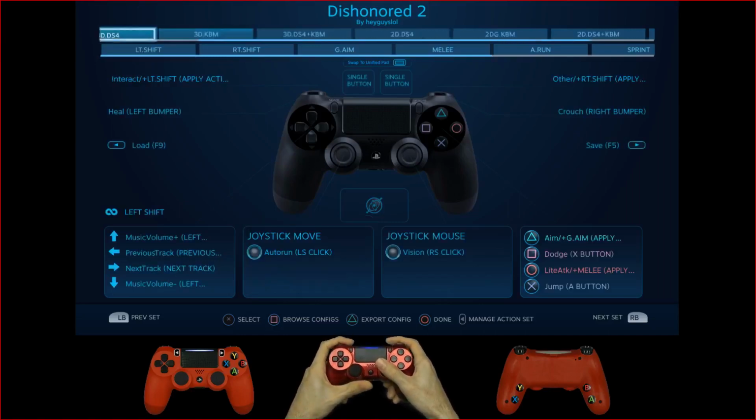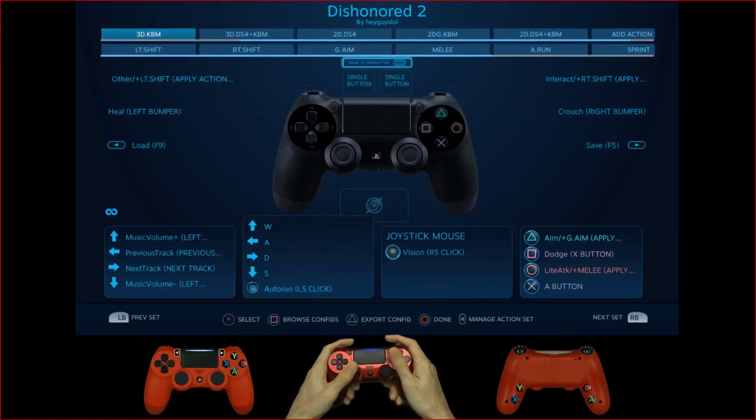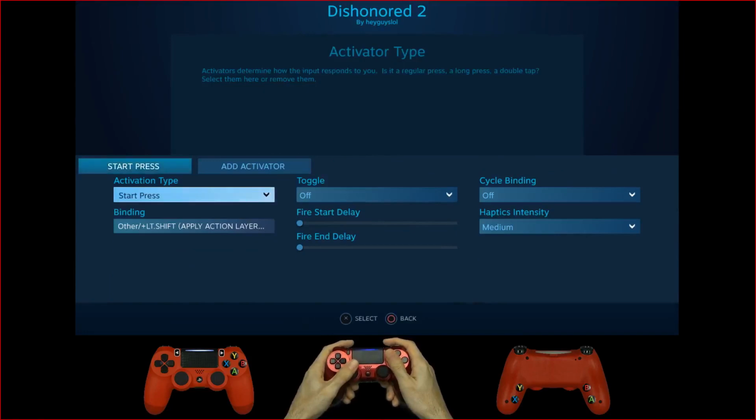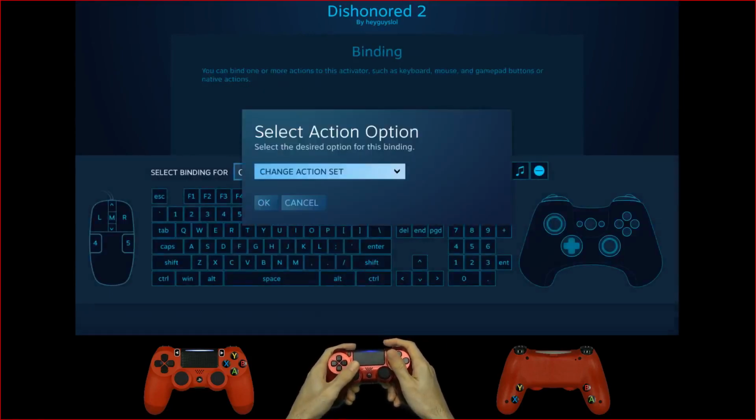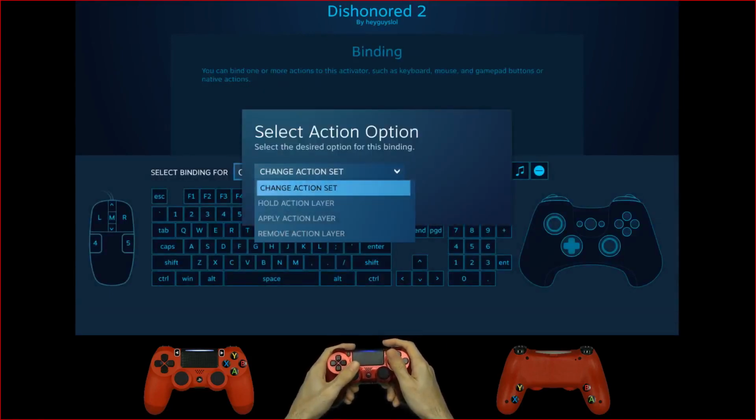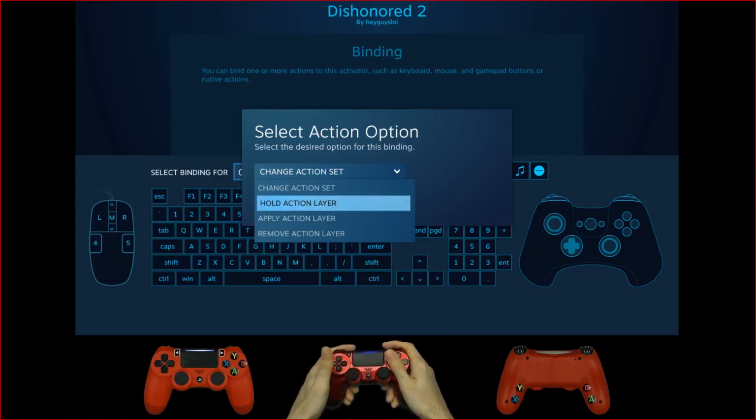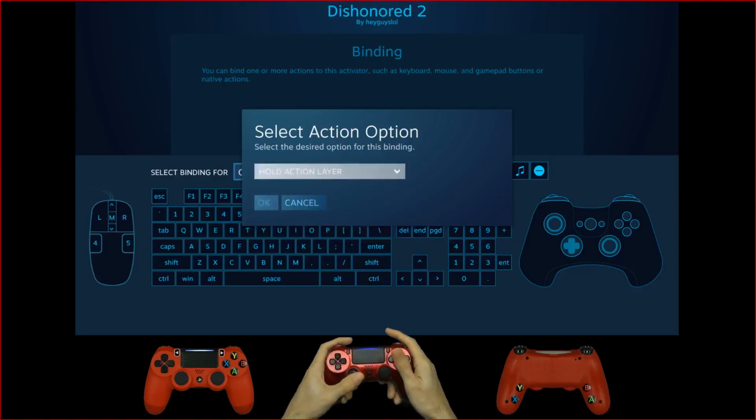Okay, so I'm going to go into my left trigger here. I'm going to show you where you're going to apply the hold action layer. That's where you'll generally find it. And you don't want to use this. And the reason why, and this is the bug, it only works about 50% of the time. And what I mean by it only working 50% of the time is once you apply it as a hold,